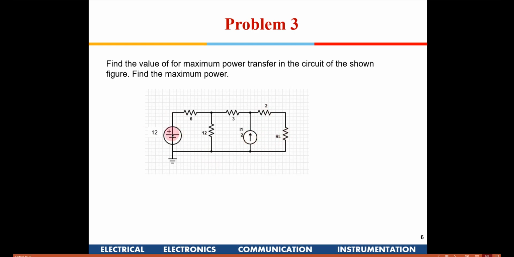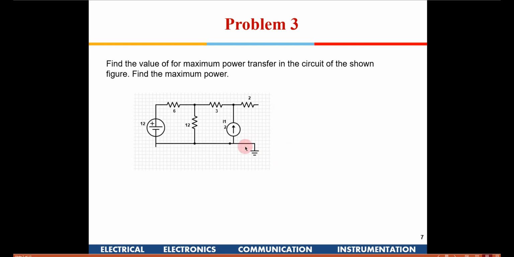Okay, not the maximum power from the 12 volt source, but from this entire circuit. If we consider it as a single source, then for those VTH and RTH values, when RL is equal to RTH, that is the condition where maximum power will be transferred to this RL. So we need to find out now the value of RL and also the corresponding power. Okay, again here we need to find out the VTH. So if we follow the same philosophy, right,